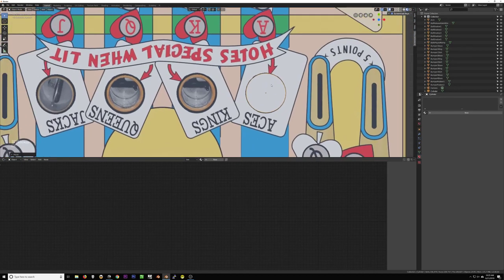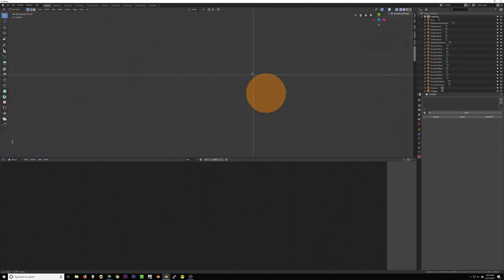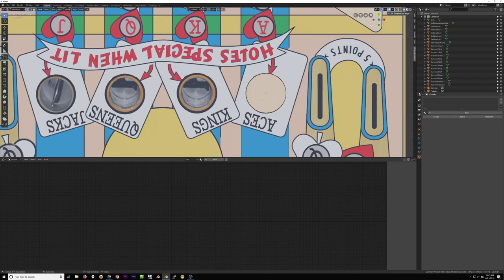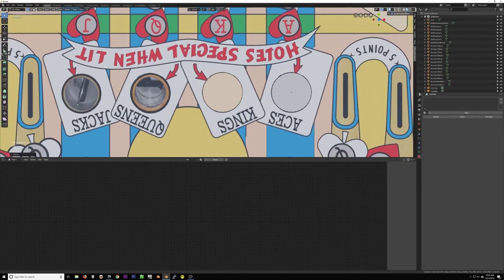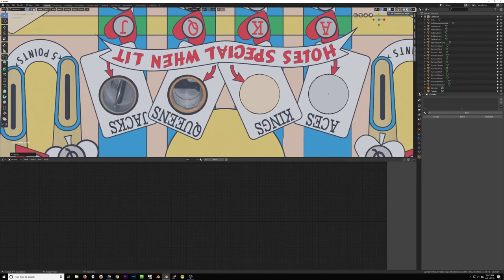So we'll go back to our top view. Now with the cylinder selected, I'm going to hit Tab. We're going to go into edit mode. And if you hit B, you can draw a box to select. You want to make sure all your vertices are selected on that cylinder. And so you're going to Shift D to duplicate. You're going to click to deselect, and then G, X to slide that over right into place. Perfect. Then we're going to do the exact same thing. Those are all selected. We're going to Shift D, G, X to slide it over,